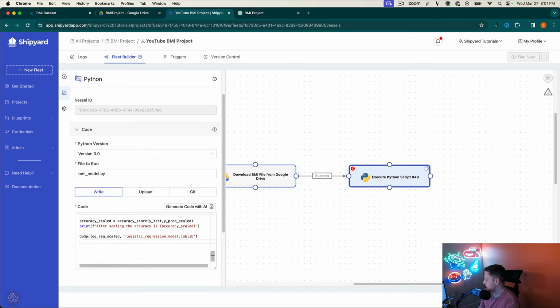And then we want to do the same thing for our scalar as well, because we reuse it. We're going to need to scale as well. So we're going to dump the scalar. Sorry, we're going to name this scalar dot joblib. And then just so we can have some visibility on this thing running, we're going to say